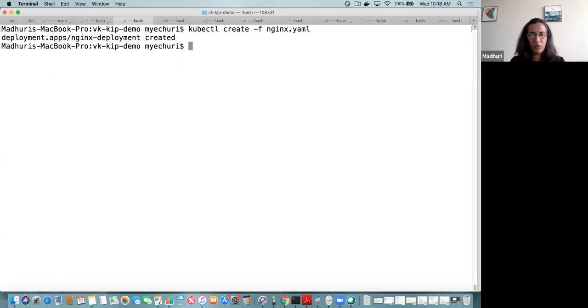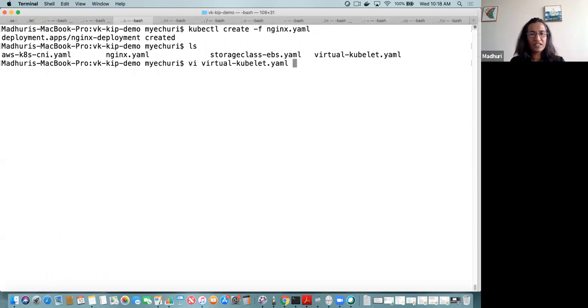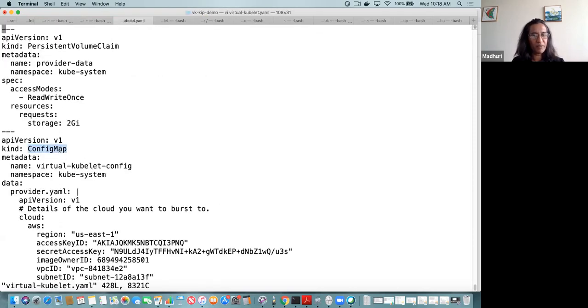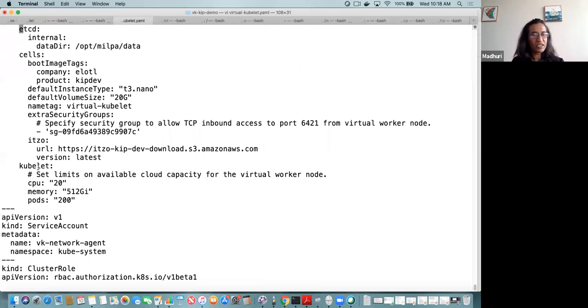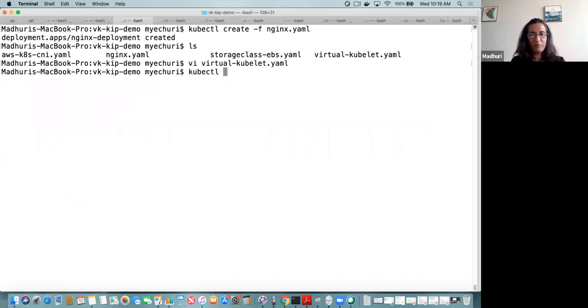And while the deployment is being created, if we look at the virtual kubelet config map, we should see that we have the cloud provider that is configured to ship pods to. And we also see the CPU, memory, and pod limit configurations that are set as the advertised capacity for the virtual kubelet node. So if we look at what's happening under the covers,